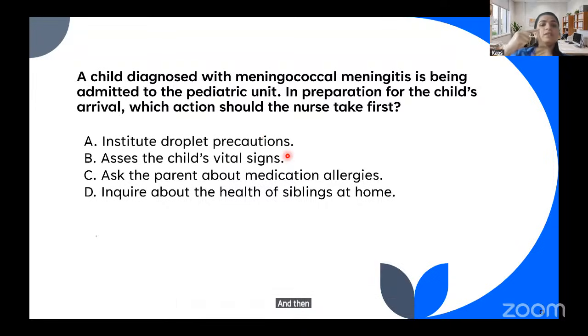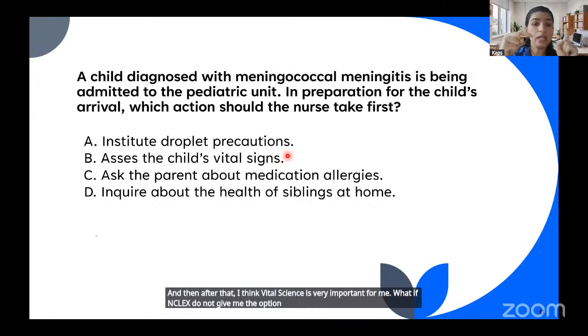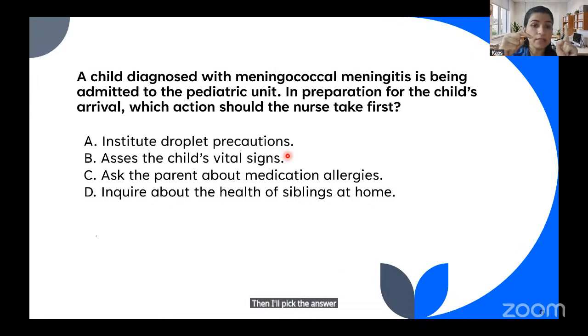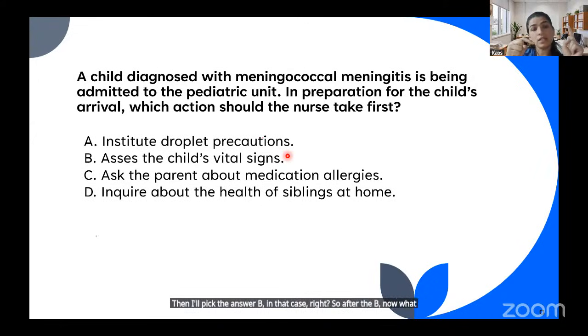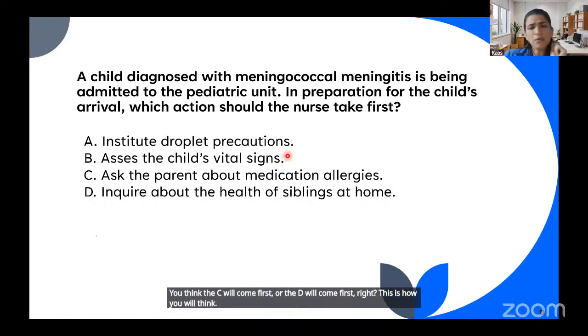And then after that, I think vital signs is very important for me. What if NCLEX does not give me the option A? Then I'll pick the answer B in that case, right? So after the B, now what do you guys think? You think the C will come first or the D will come first, right? This is how you will think. I would say,